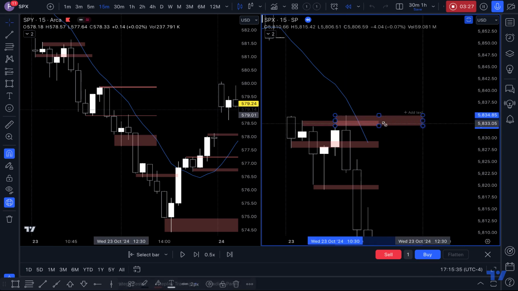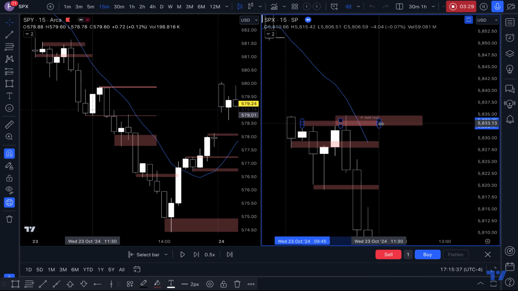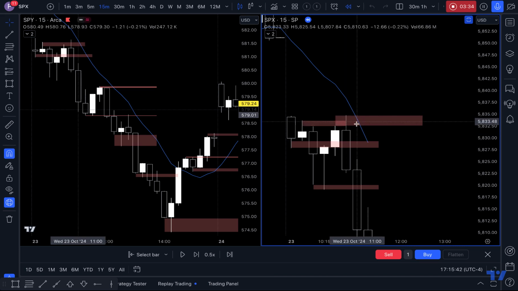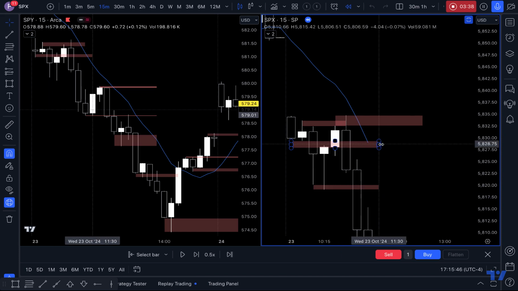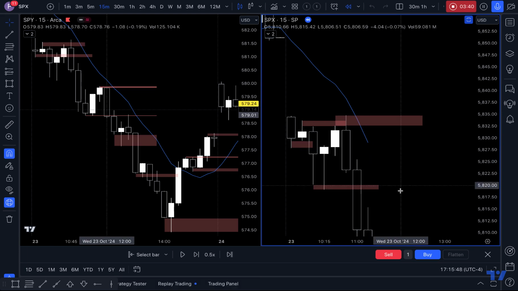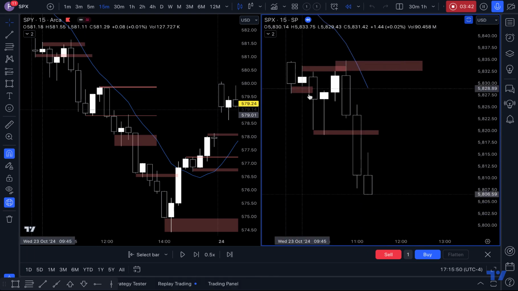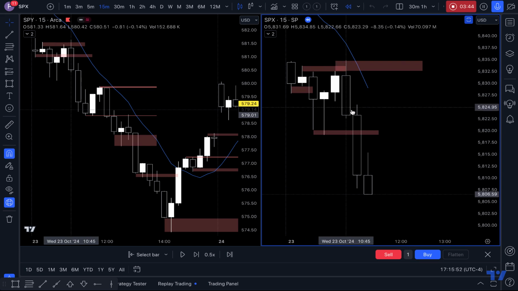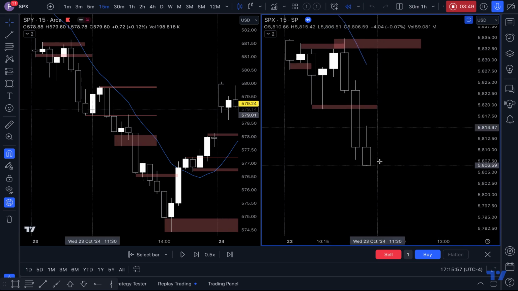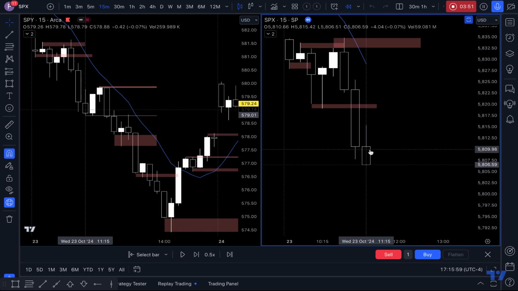And also I see another one, so I'm going to shrink this one and keep this one because this is the newest one. This is the old one. This is old. This is new. I'm going to shrink this a little bit just to get a clear view of, okay, down, up, down, break. Now what we're going to do is wait for an opposite candle to show up